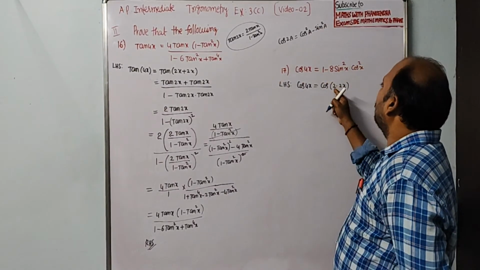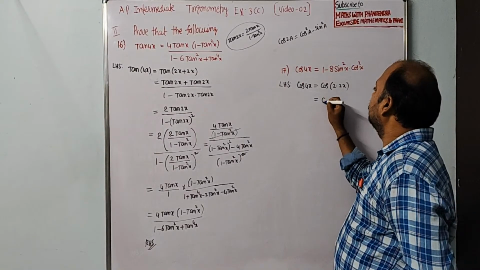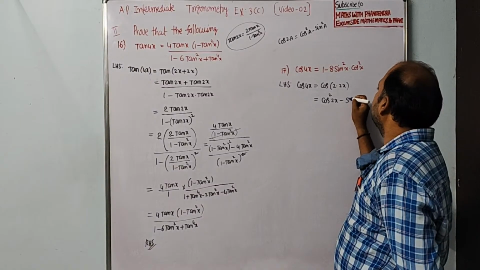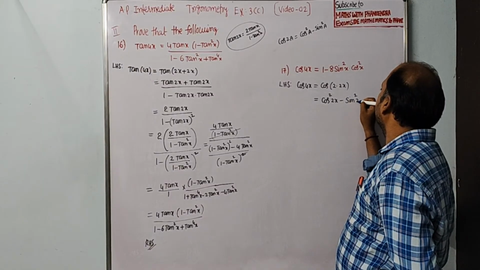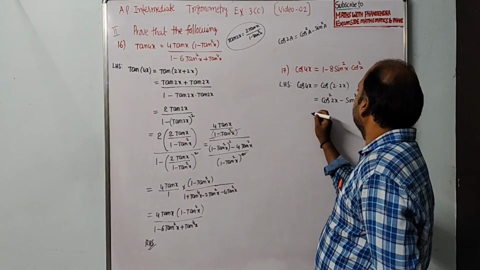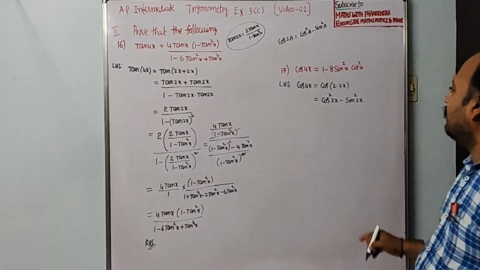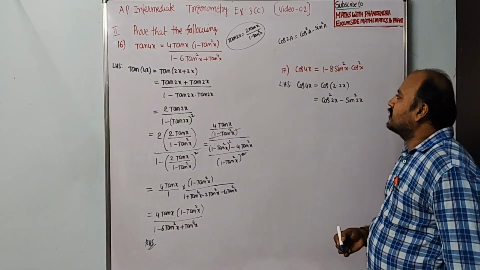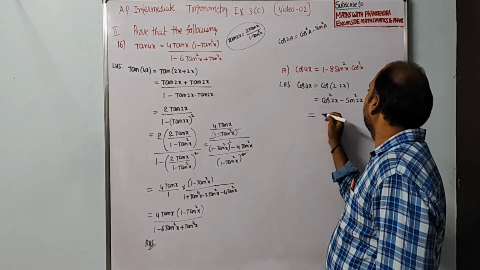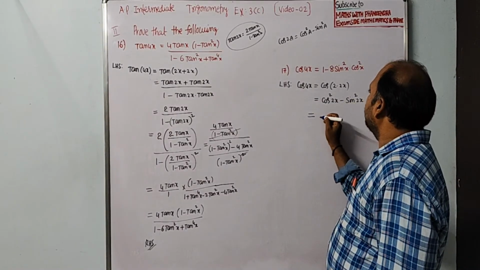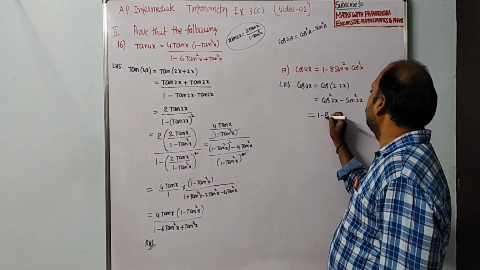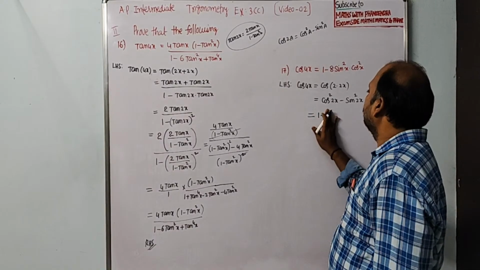So cos 2 into 2x means cos square 2x minus sin square 2x. They are asking to write it completely in terms of sine and cos. Cos square 2x is 1 minus 2 sine square. Better to write